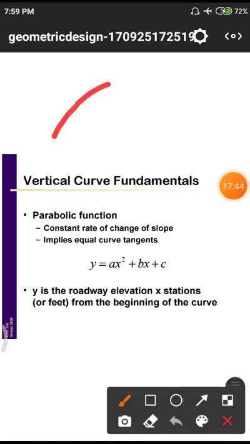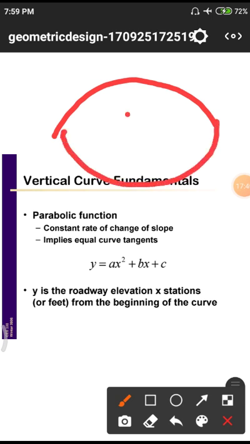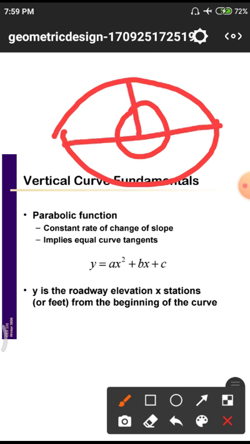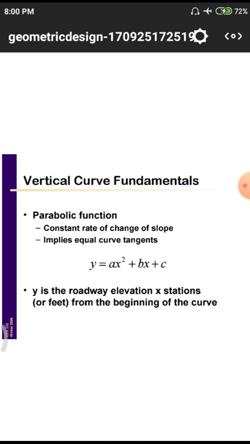Normally a circle with huge diameter. It is a normal circle with radius equal on both sides. But in the case of this parabola, on one hand we have a large center, that means a large radius, and on the other hand we have a short radius, so it is normally called a parabola. So we have the equation y equal to ax square plus bx plus c. That is a parabolic function.